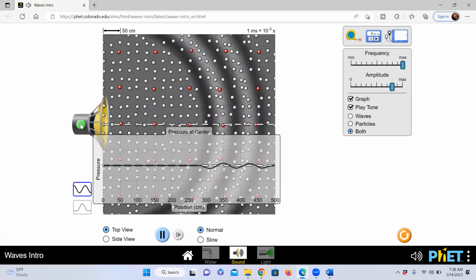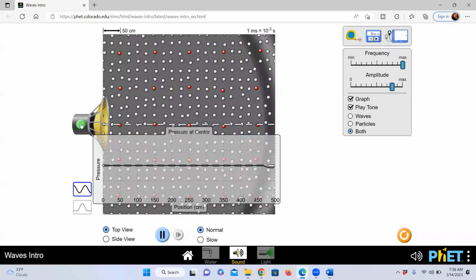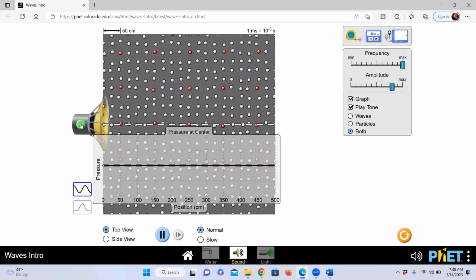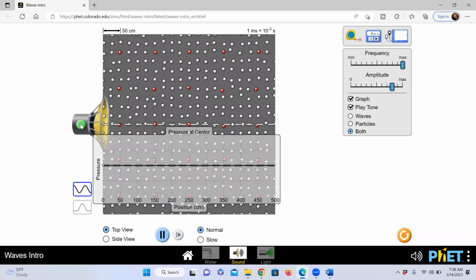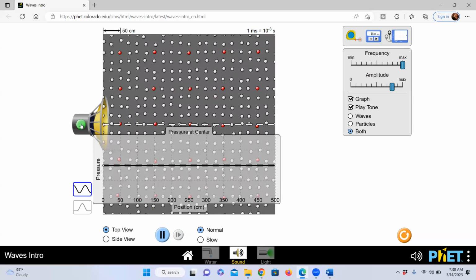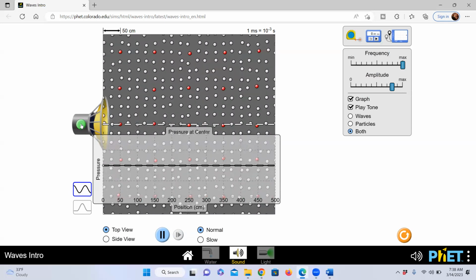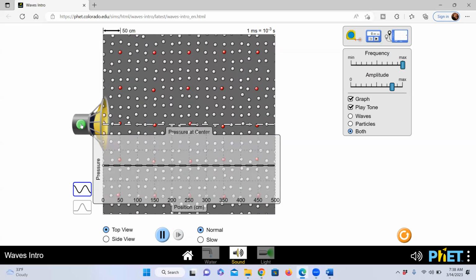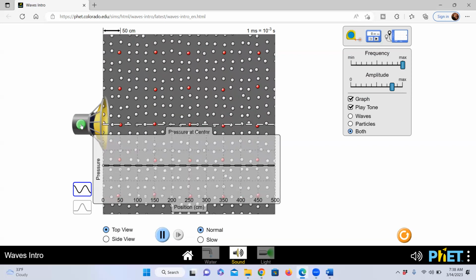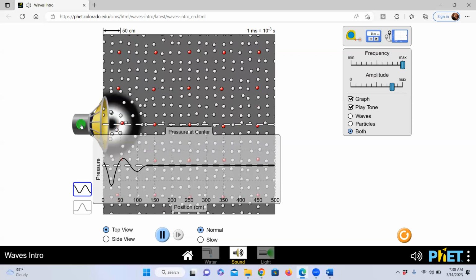Okay. So right now there is no sound wave generating. The air molecules are always vibrating. They are spaced randomly like this, right? When a wave is not generated. If you create a sound wave and you look here,